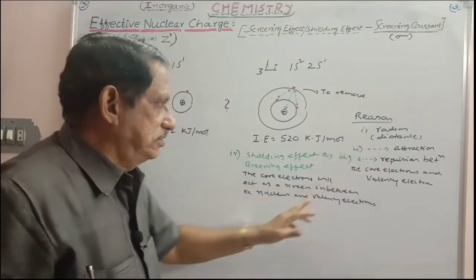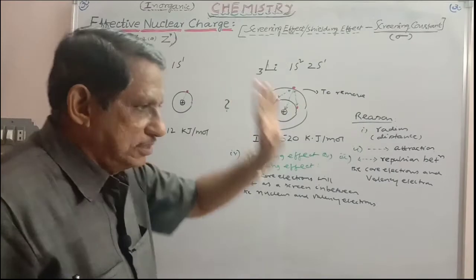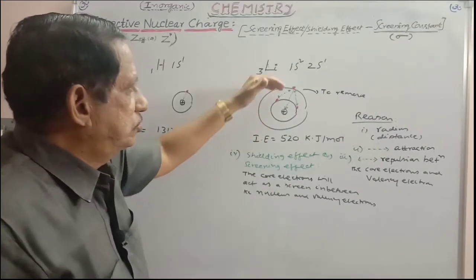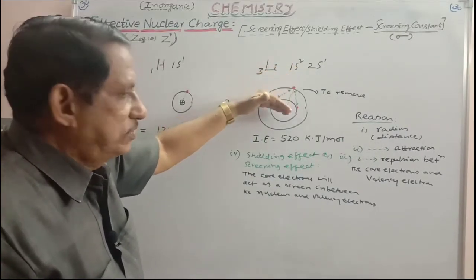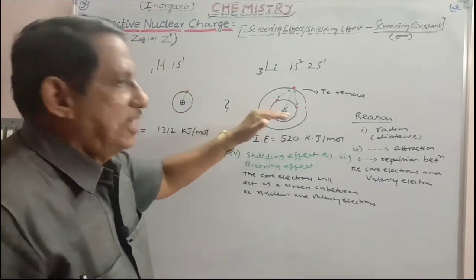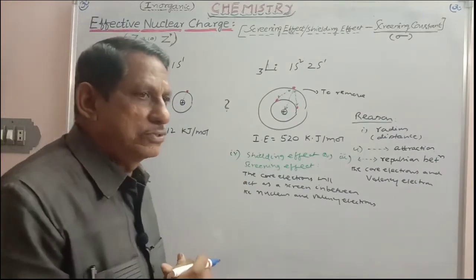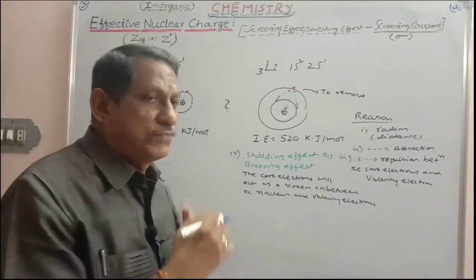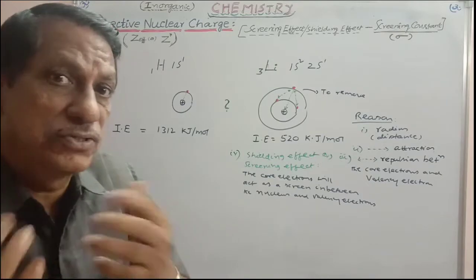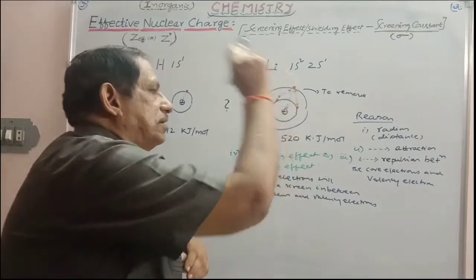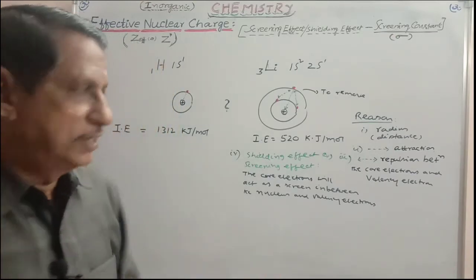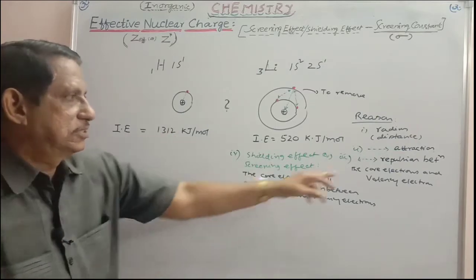And these are the negative factors here. Repulsion between the core electrons and the valence electron, that is one factor. The other one is the screening effect or shielding effect, due to which the outermost orbital electron is not influenced by the nucleus. These are the 2 negative factors. As a result, the total charge present on the nucleus will not actually be acting on it. It influences very much less. So up to what extent it is decreased, the remaining charge you have to take. The remaining charge which is acting on that valence electron is called effective nuclear charge. And here there is no such reduction in hydrogen because the negative factors are not there.